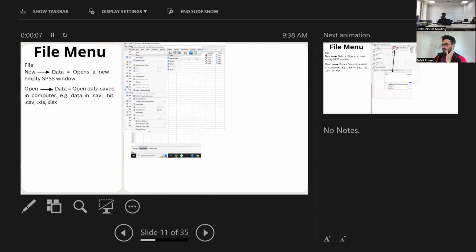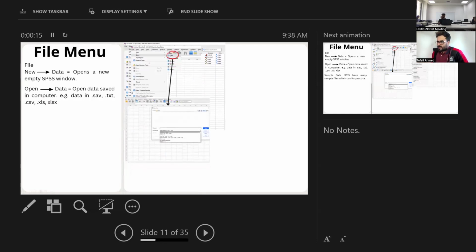Normally I will show you the slides first, and then we can move to the SPSS part. Can you see my slides? Are they clear? Yes, but they are not in full view now. I'm seeing your slide show view. Okay.